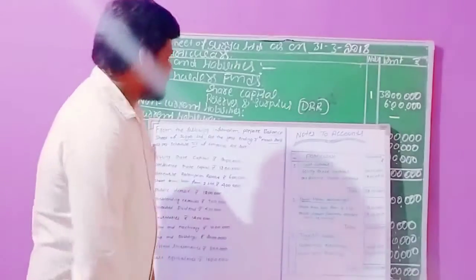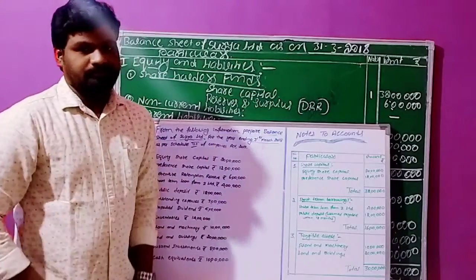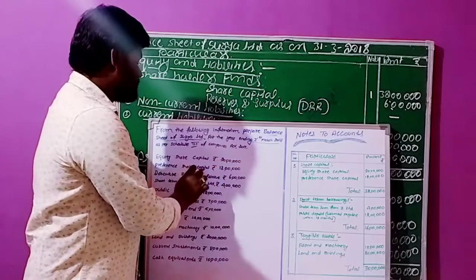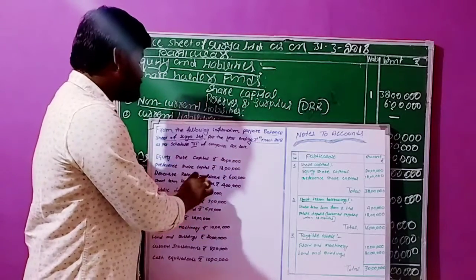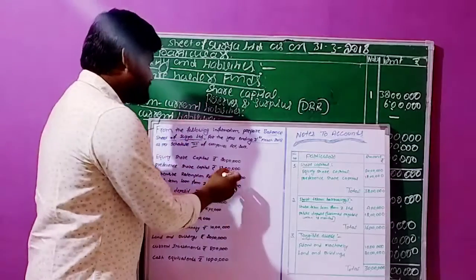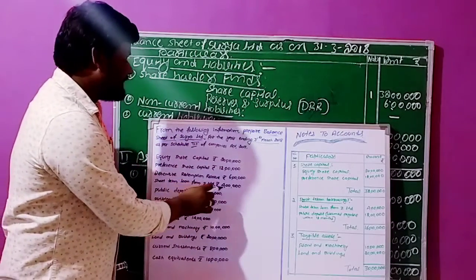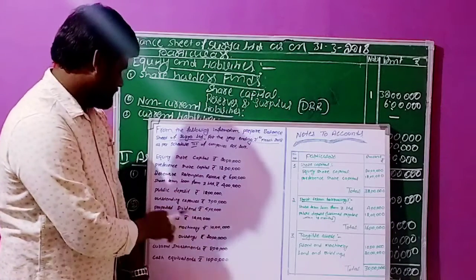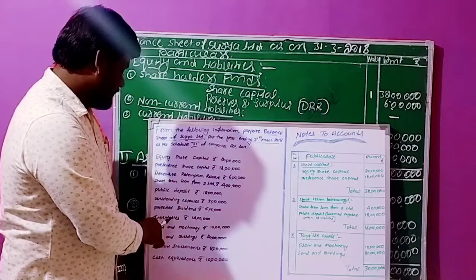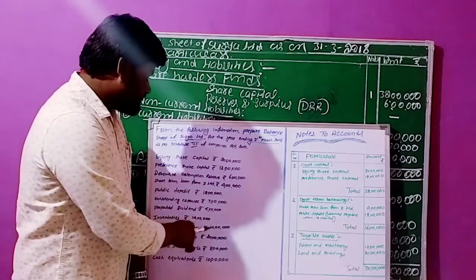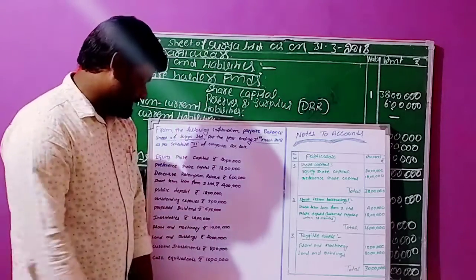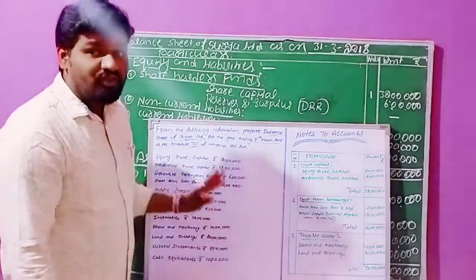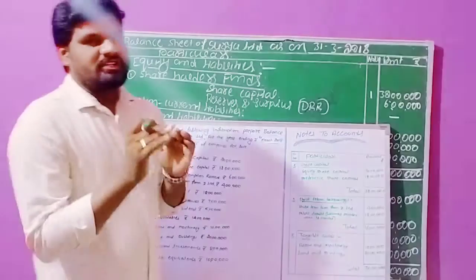For the preparation of the balance sheet, they are giving some information. The information was: equity share capital 20 lakhs rupees, preference share capital 12 lakhs rupees, debenture redemption reserve, which is also one type of reserves, 6 lakhs rupees, short term loan from Z Limited 4 lakhs rupees, public deposit 12 lakhs, outstanding expenses 3 lakhs, proposed dividend 5 lakhs rupees, inventories 14 lakhs rupees, plant and machinery 10 lakhs, land and building 20 lakhs, current investments 8 lakhs rupees and cash equivalents 10 lakhs rupees. This is the given information regarding preparation of the balance sheet.